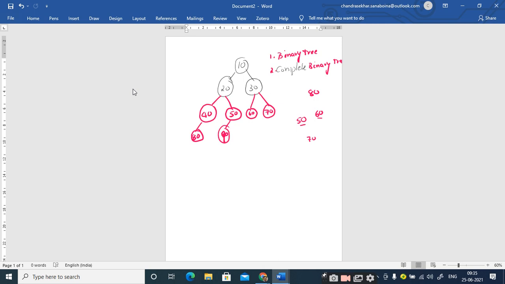Is it clear? So this complete binary tree property is nothing but the shape property. That's it. What is the other name for the shape property? Structure property. So you should maintain the shape of the tree, you should maintain the shape of the heap, or you should maintain the structure of the heap. So the structure is nothing but you always insert the elements at the last level, from the leftmost position. That's it. That is what the shape property is, right?